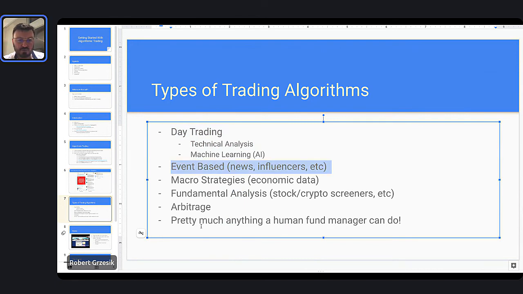Event-based algorithms, right? There's also macro strategies they could do. This is kind of like what Ray Dalio does, right? He's a macro hedge fund. And you could be basically looking at not only the United States, but also other countries around the world. You can be looking at what types of economic forces are driving the market, right? So for example, when inflation is heading up, and if we could predict inflation going up, then we can say that that is not good for the stock market. Inflation tends to be very bad for stocks, right?